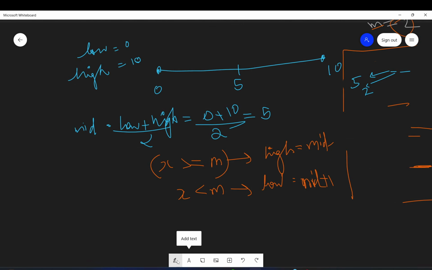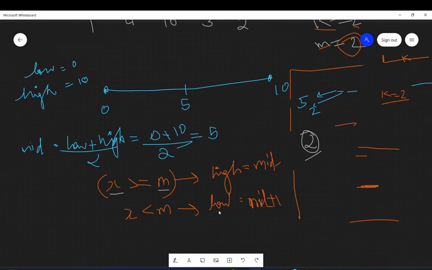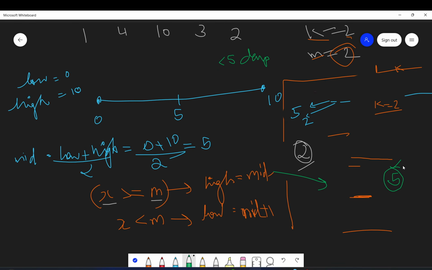So now after this function call we get 2 from that function. So 2 is equal to m. We have to make 2 bouquets and it can be made in 5 days. So we will now see if 2 bouquets can be made in less than 5 days. In that case, we will store this 5 as an answer because 5 is satisfying our condition. But we will decrease high to mid minus 1. So now high will become 5 minus 1, 4.